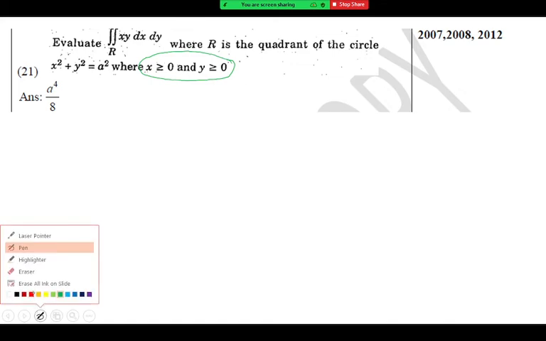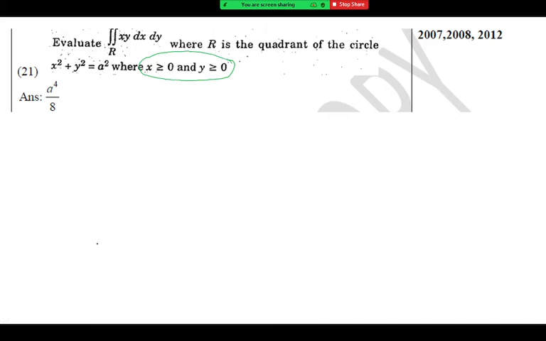When we are given a circle, we can draw that circle in the xy plane. And remember, the region remains the same in polar also. If you want to do this double integration in Cartesian, yes, you can do it, because the question is just evaluate. Nowhere is it written to transform it to polar. So you can complete this example either in the xy plane or the r theta plane. Both are correct.